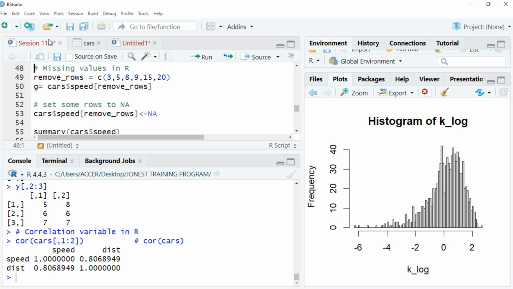So at the end of the day, you see we have remove rows. The remove rows here is just a variable name. It's equal to the c function, that's this vector. So this vector is telling us we have 3, 5, 8, 9, 15, and 20. This vector is going to remove the third, the fifth, the eighth, the ninth, the 15th, and the 20th